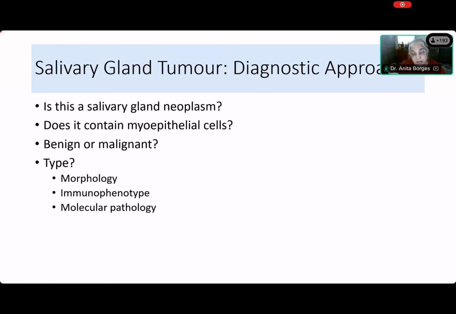And the submandibular salivary gland, you cannot excise it without removing one or more lymph nodes that are surrounding it. Whenever anybody is doing a submandibular salivary gland excision, they're going to take out all the lymph nodes from the hyoid triangle. It's impossible not to. So there is this very close relationship between the major salivary glands and the lymph nodes.